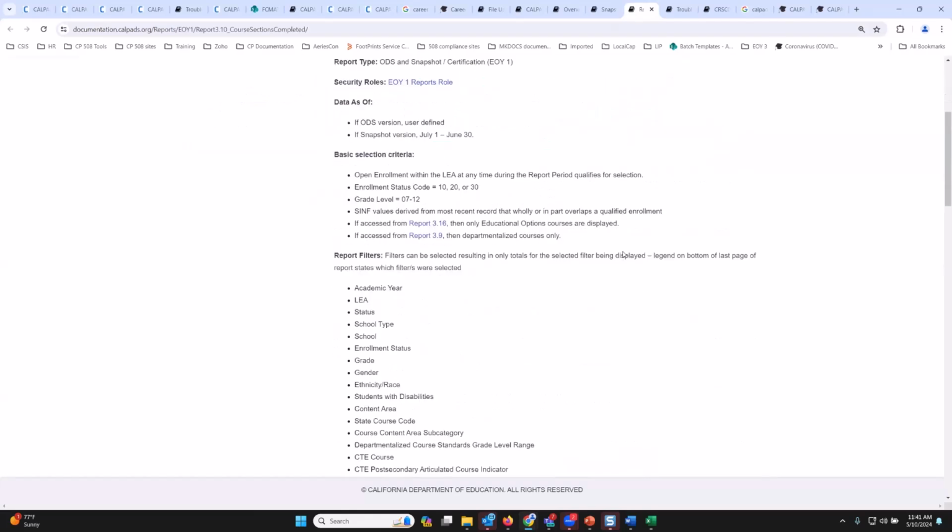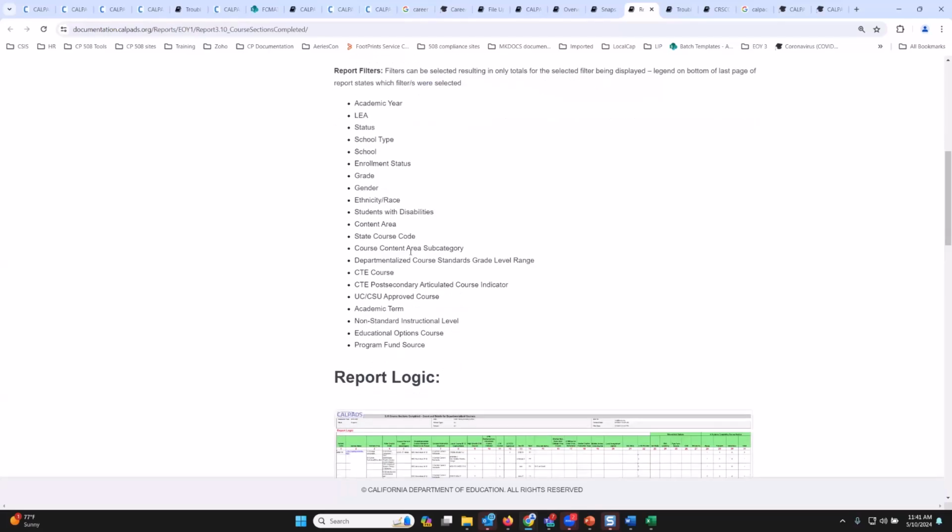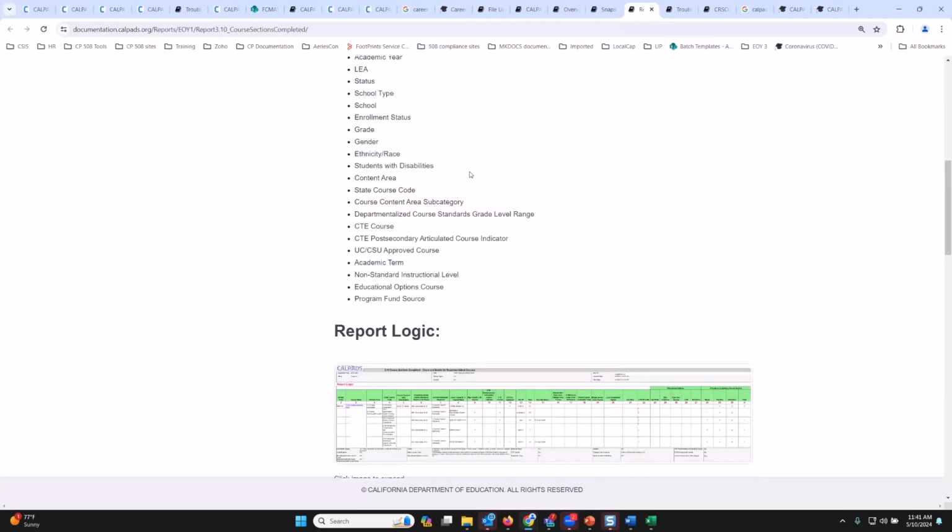Yes, it does. However, if you scroll to the bottom, you can see all of this information you have here. Okay, I can essentially know the gender or find ethnicities, filter for students in these classes based on ethnicity, or find CTE courses based on whether that course is a college course or not, or I can find a military leadership course and see how many students are in there.